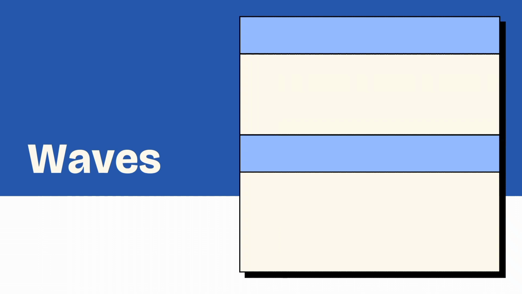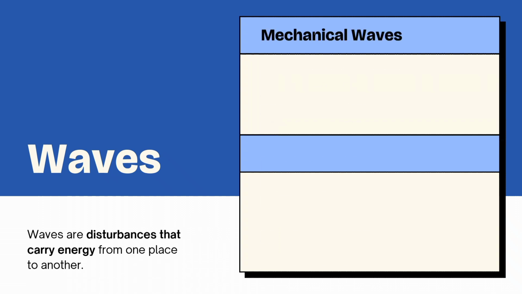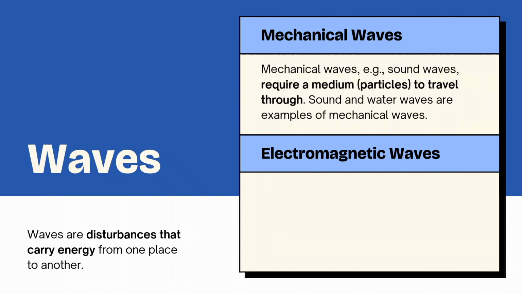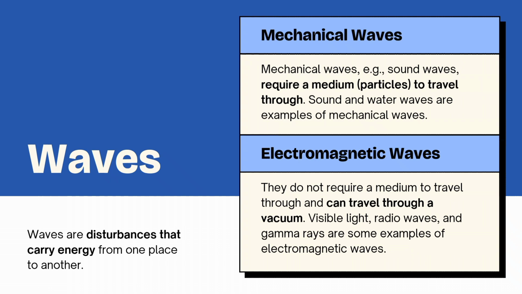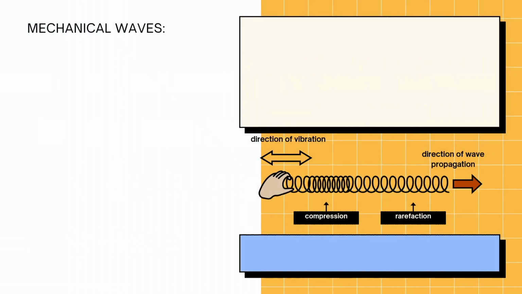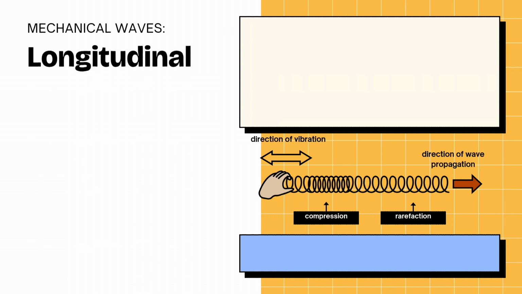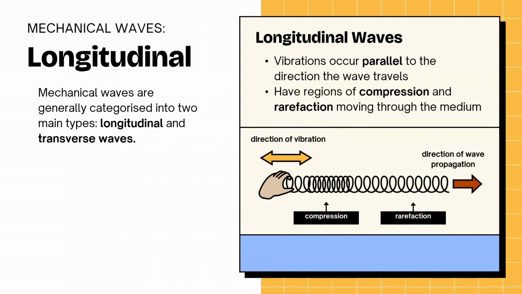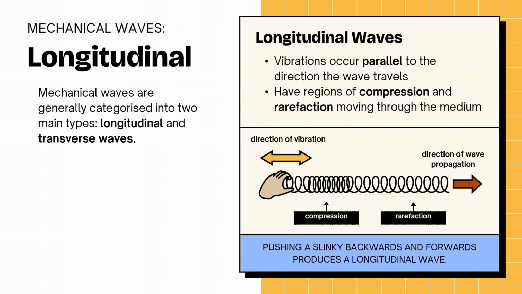Before I start with my discussion, I will first present a quick overview about my topic: the different types of waves, their definitions and examples. We have the mechanical waves and the electromagnetic waves, but in this activity, I will just focus on the mechanical waves. First, we have the longitudinal waves. So here is the definition and example.